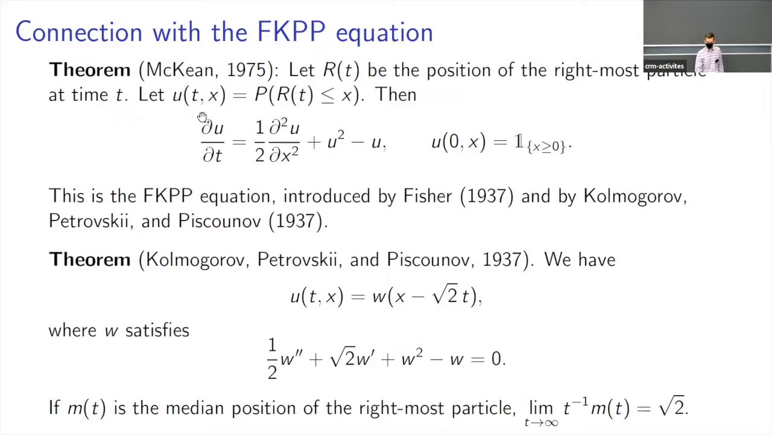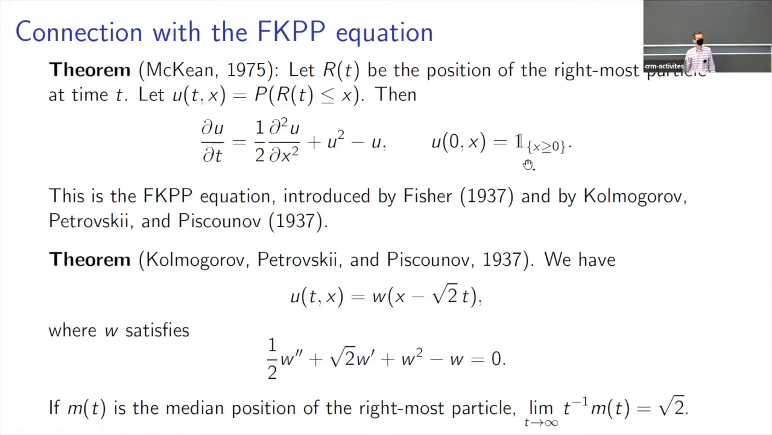And we will let u of t comma x be the probability that r of t is less than or equal to x. So that's the probability that at time t, all of the particles are below x. And McKean showed that this function u of t comma x satisfies this partial differential equation here, which is known